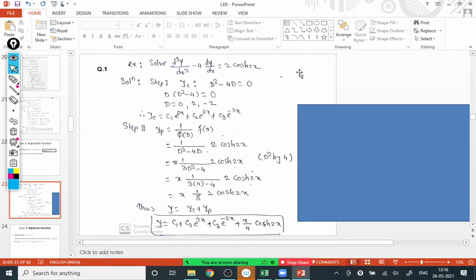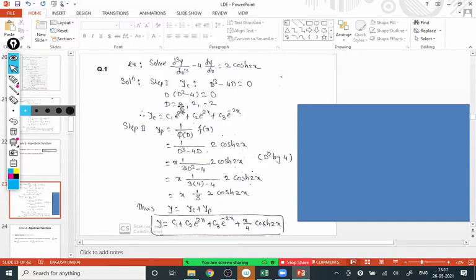So last session we started method number 7, and the name of the method is obviously the method of undetermined coefficients. Why am I taking this example right now in front of you? Already we solved this numerical by a shortcut method, where we replace D square by plus a square because it is a cos hyperbolic function.